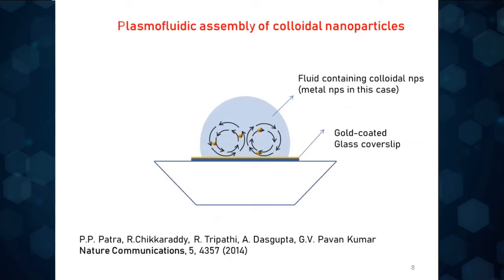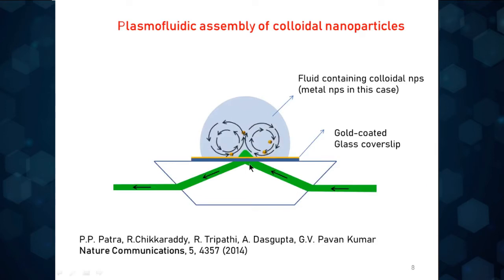For example, in one of the works we have done, we looked at something called plasmofluidic assembly of colloidal nanoparticles. Here I am speaking about metallic nanoparticles. The idea is the following: we have a glass cover slip which is coated with gold. On top of this there is a colloidal fluid, and this fluid contains metal nanoparticles, in this case gold nanoparticles or core-shell kind of particles. Now we introduce a laser beam, in this case a 532 nanometer laser beam, and you illuminate the metal. The metal absorbs light,